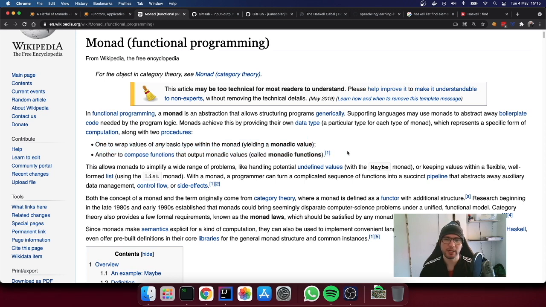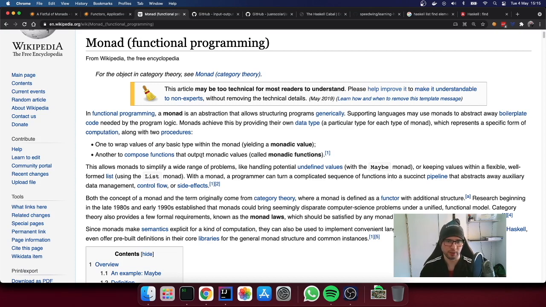So you can think about it like a monad, just saying it very simply, is a class and has two methods. In Scala, they are, for instance, called apply and flatMap. In Haskell, they are called return, that is the equivalent of apply, and then bind, that is what in Scala would be flatMap.